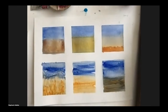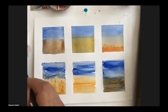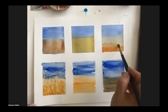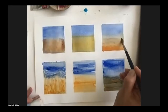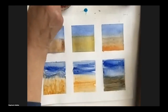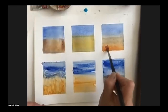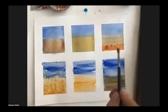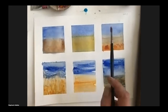Now, it's not quite subtle enough, so I'm going to add a little bit more soap and less colour. So I've got the mark making and the texture, and then just allow that to move back. And then I want to add stronger contrast and colour in the foreground, so with the soap. So you've got very, very different results using the same palette combinations, where you've got the blue with different kinds